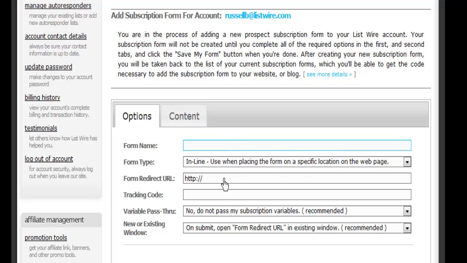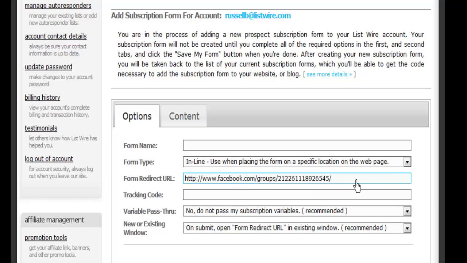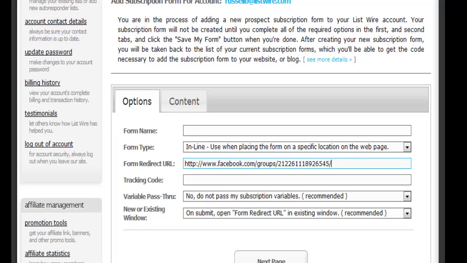Your redirect URL, you can put the Facebook group in if you don't know the Facebook group, which is this. It's from the Facebook group that you've just joined. Just leave that blank, it's not a problem. And then just click next page, don't do anything else,